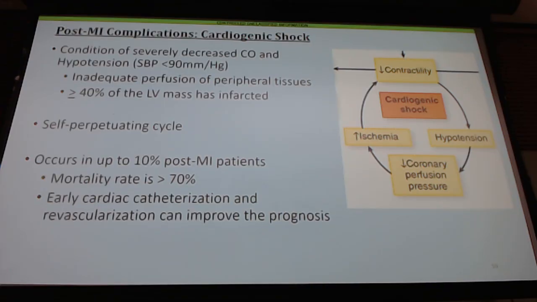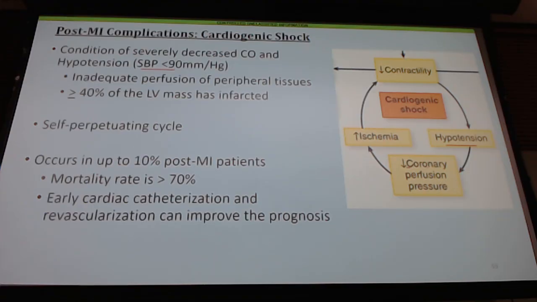Cardiogenic shock. This is a major problem because it self-perpetuates the problem, making it more and more severe. So in conditions where the heart function is so badly affected that I can't even maintain a systolic blood pressure greater than 90, what happens? Well, because I have that decreased contractility, I have that hypotension, less than 90. That reduces my coronary artery perfusion, so now I'm already in a diseased state, and I'm not perfusing the coronary arteries appropriately.